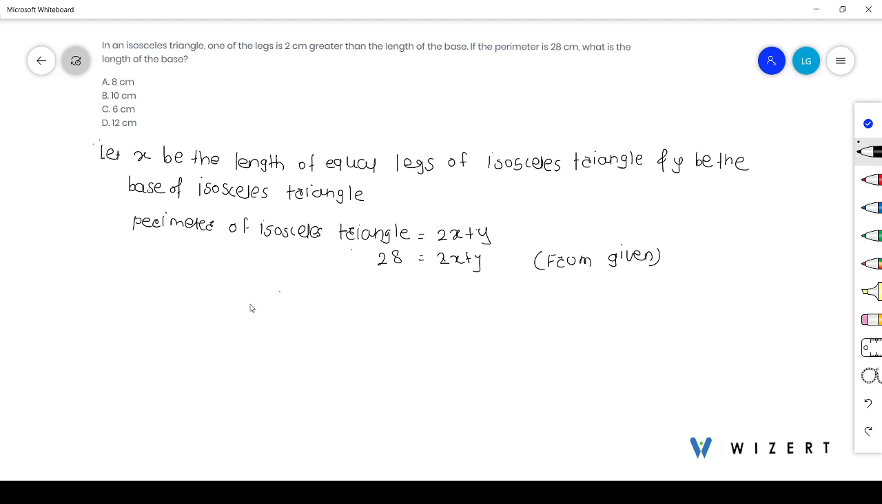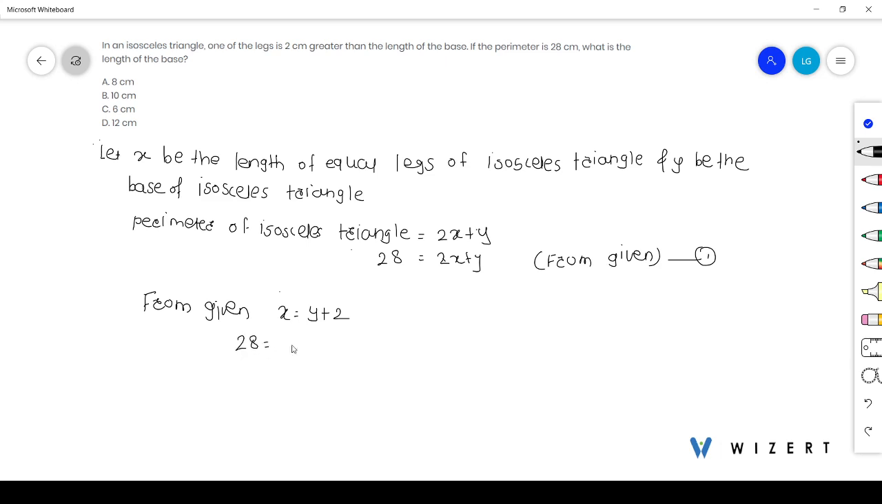So also we have given that one of the legs is 2 cm greater than the length of the base. So from given we can write this x be 2 cm greater than y. So equation 1 will be